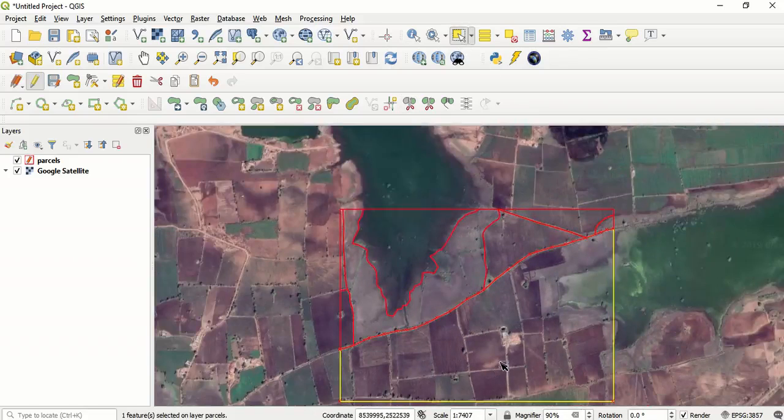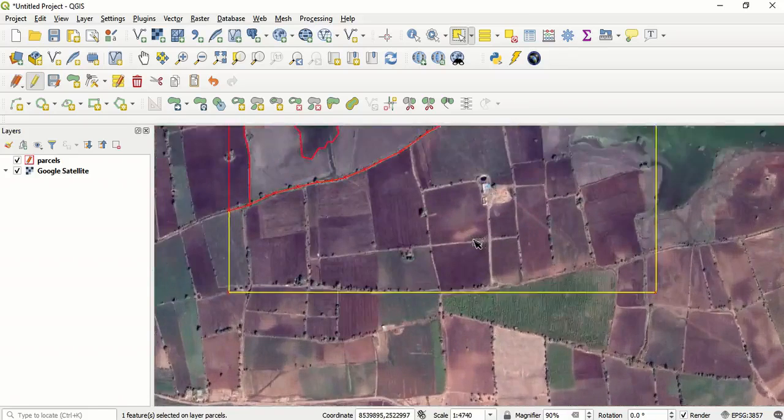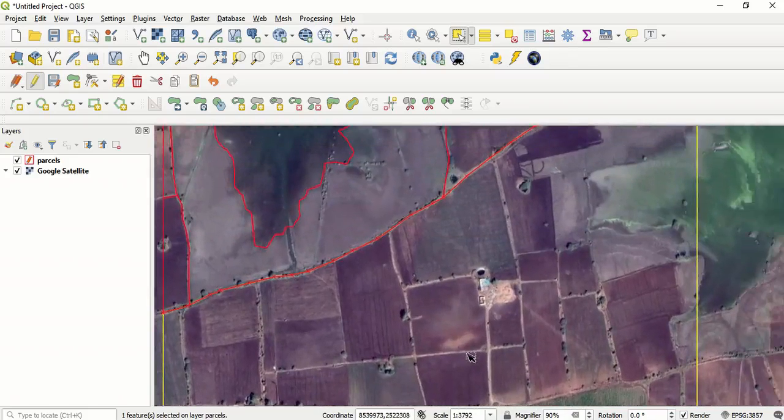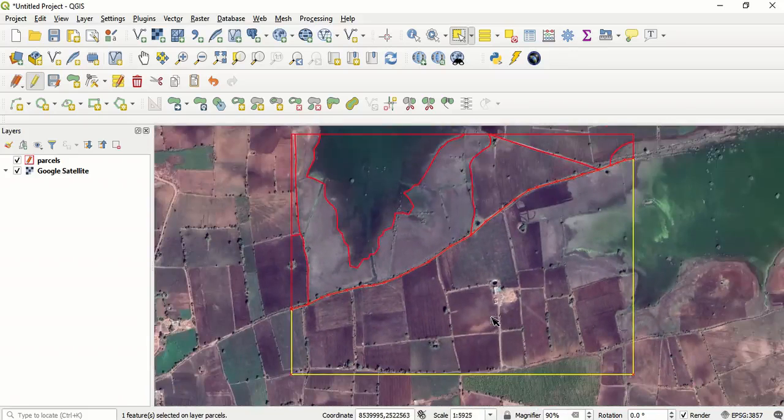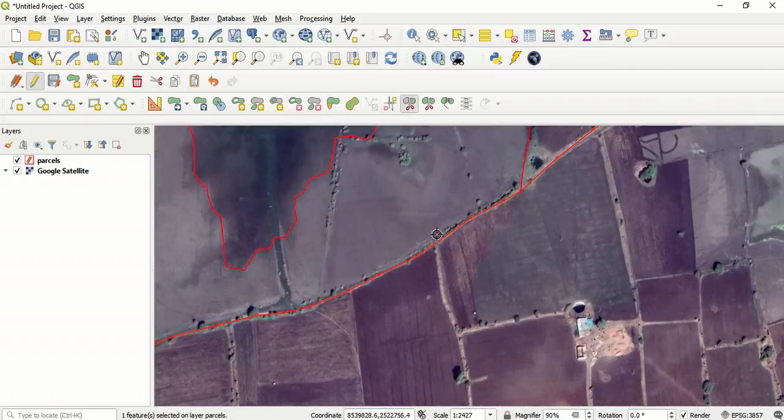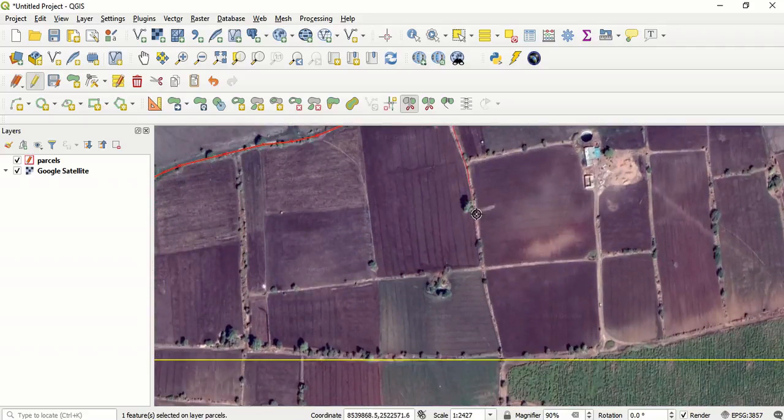Let's now focus on the bottom part of the polygon and digitize some fields. So the strategy is going to be exactly the same. This is a huge big polygon, the bottom part. So we are going to split it into two parts and then keep splitting parts and then digitize the field. So I'm going to first start with this part. Start from a point a little beyond and then keep digitizing, because the split features tool will remove that extra bit, and keep going on the edge, the boundary,